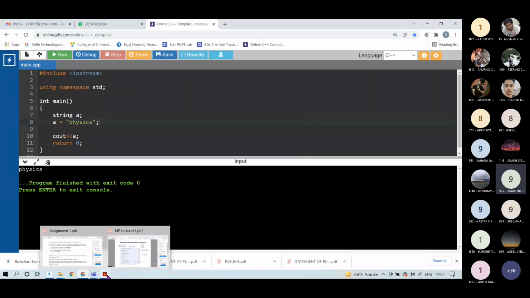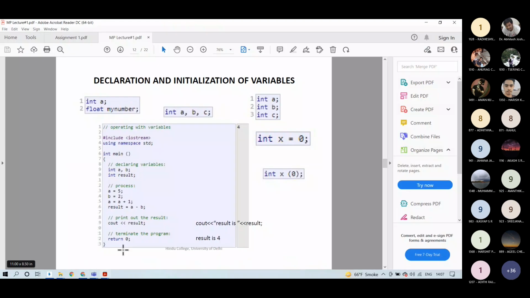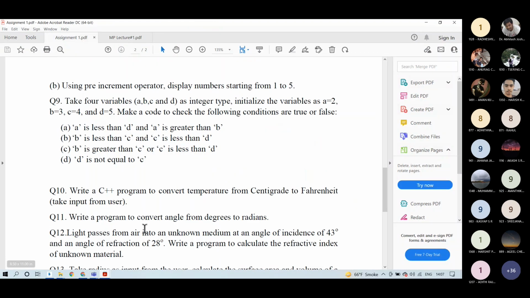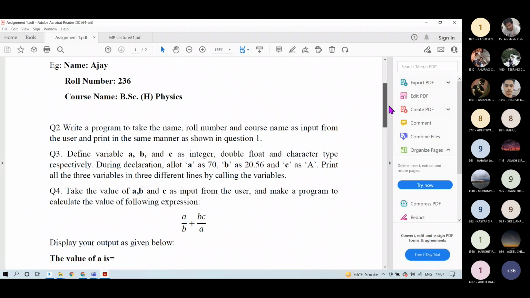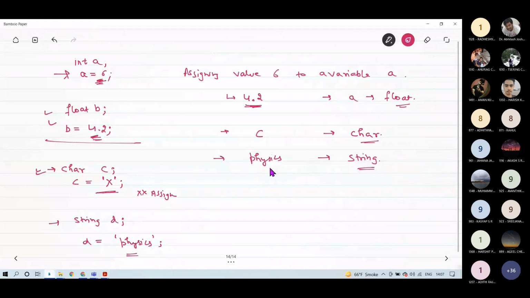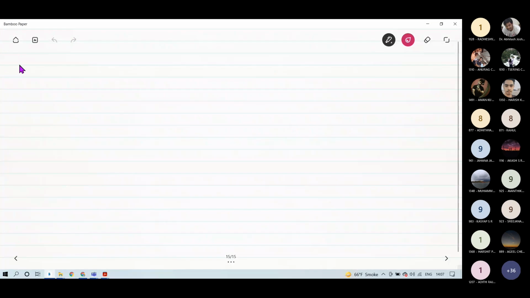Okay, so with the help of this knowledge, now I think you can easily make program 1. In question 1, you have to declare 3 different variables.